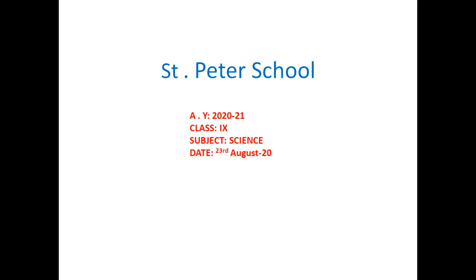So, I would request all the students, please take out your books, take out page number 12, because in the last class we finished all three equations derived by Newton: s is equal to ut plus half at square, v is equal to u plus at, and v square is equal to u square plus 2as.